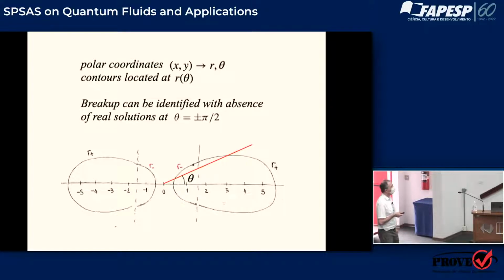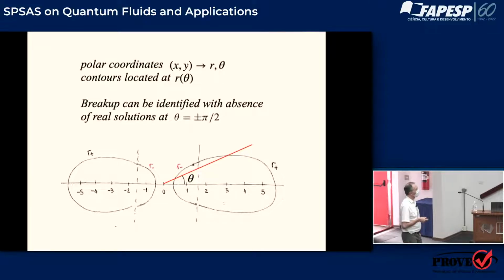Breakup can be identified with the absence of real solutions at theta equal to plus or minus pi over 2. Of course you cannot have any solution at these angles, and also because I will show you,